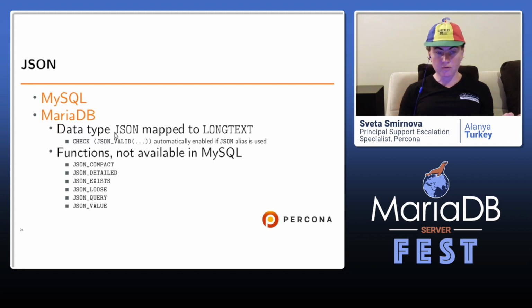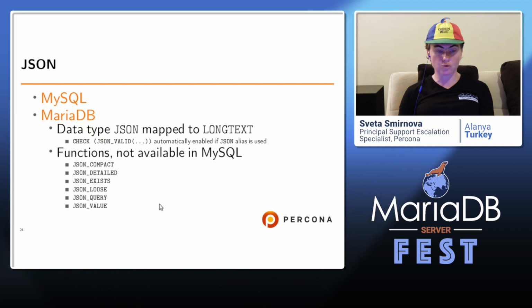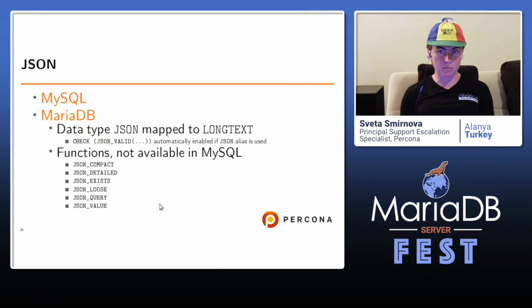But when you specify the JSON keyword in creating a MariaDB table, the option checking if the JSON value is valid is automatically enabled. So it's the same as creating a table with long text and creating a check manually. And MariaDB also has functions which are not available in MySQL.